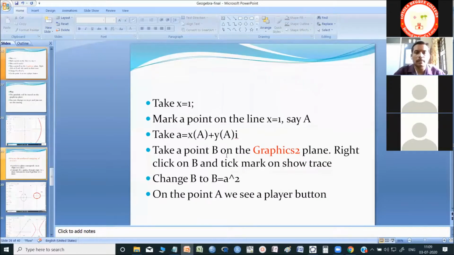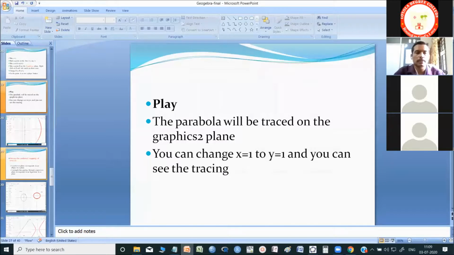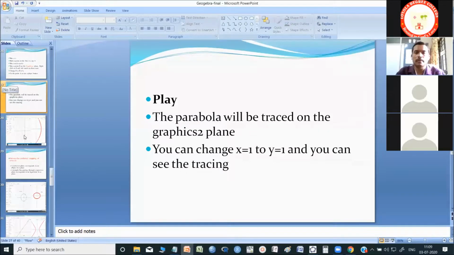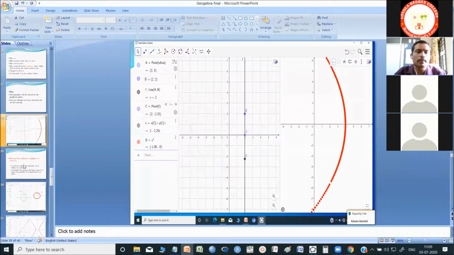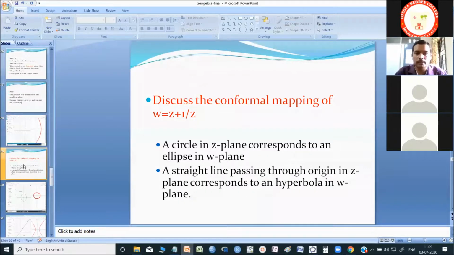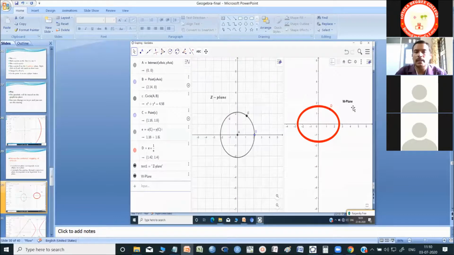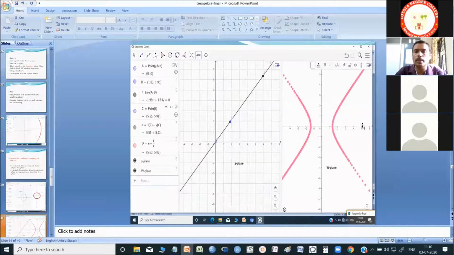Similarly, this is the concept of how it should be done. It's explained already. This is what we have seen now: a straight line in the z plane corresponds to a parabola in the w plane. Similarly, under the conformal mapping w equal to z plus 1 by z, we can show that a circle corresponds to an ellipse in the w plane, and a straight line passing through the origin corresponds to a hyperbola in the w plane.